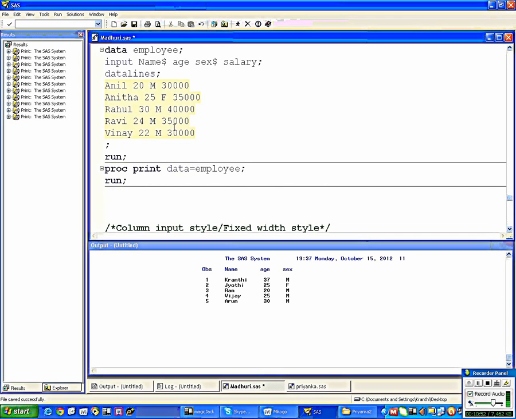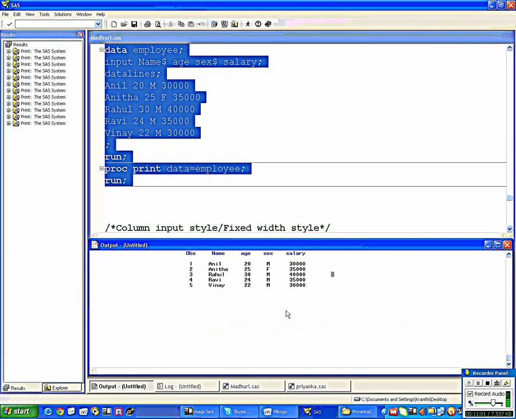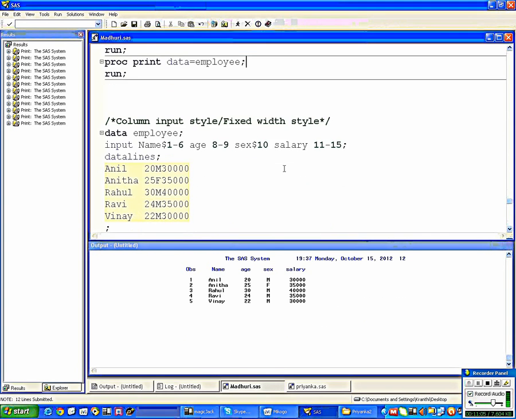We have the data like this. Okay, employee. This data is separated with spaces, just the spaces, right? And submit it, it will give the output. So there is no problem, nothing will happen.